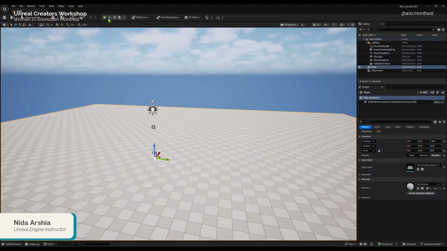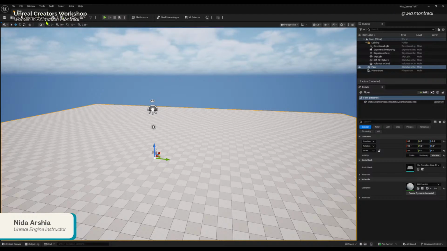And then we have the play button. So when you're working on a game, or an experience that is going to be real time, you can simulate how the mechanics work with this. Platforms, we're not going to look at that. And this was our next set of menu options.